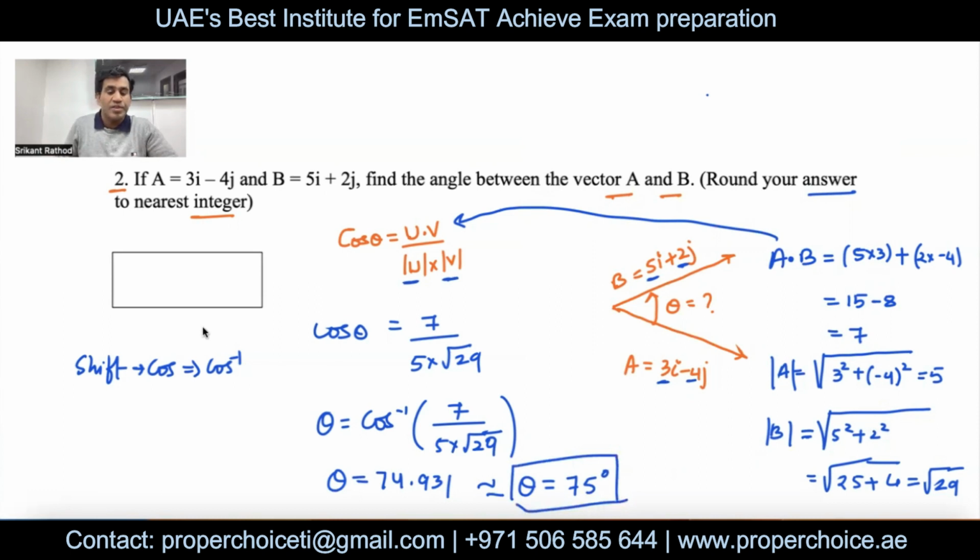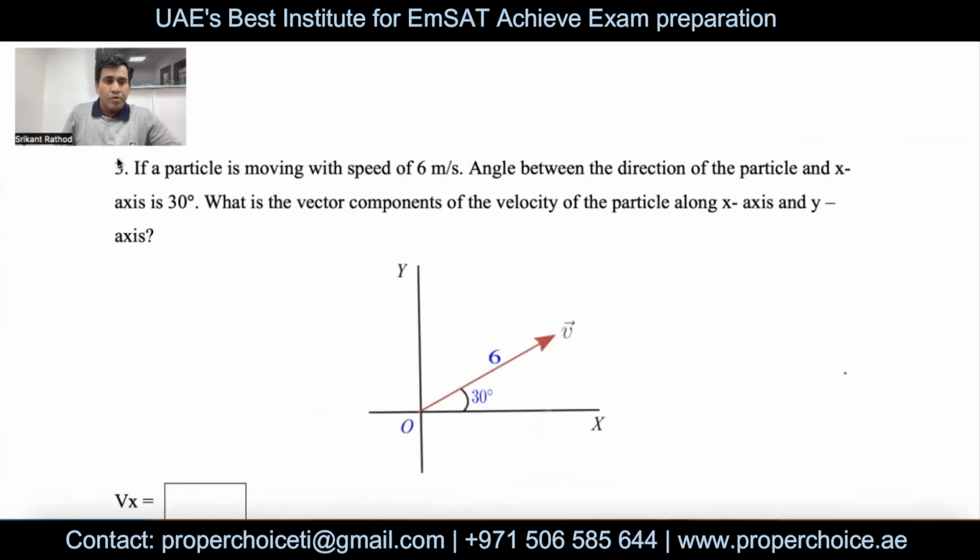So the answer to this question is theta equals 75 degrees after rounding, and that's the angle between the two vectors. Question number 3 here is: if a particle is moving with a speed of 6 meters per second,